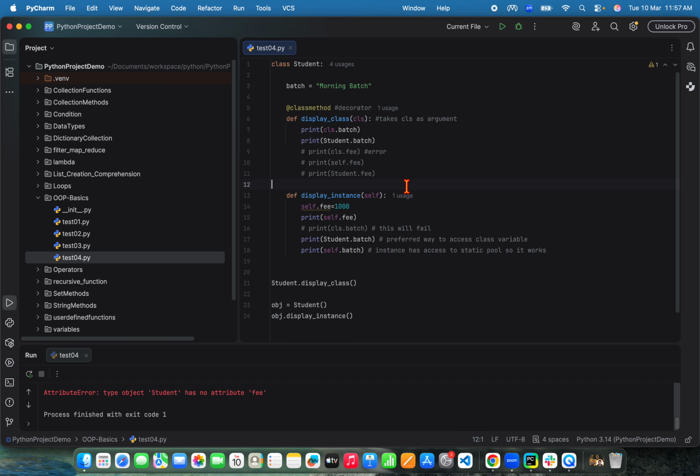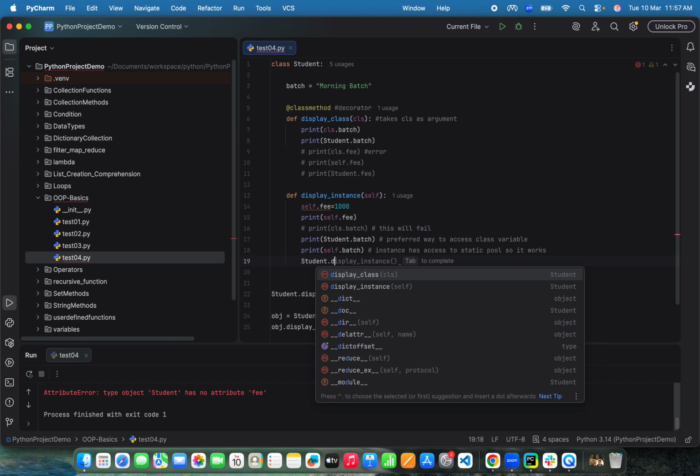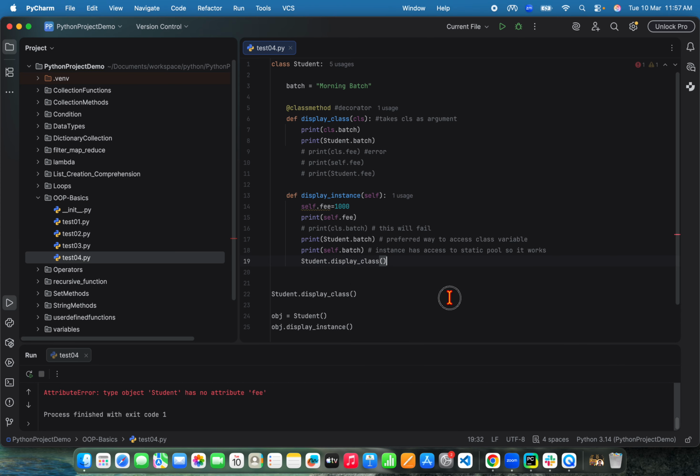It says from an instance method you can access a class variable, and you can also access class methods. So for example, here I can use Student.display_class, right? I can use this. So if I run it, it's again going to print morning batch, because here I'm printing morning batch, right? So this is possible, but I cannot call this display instance here,